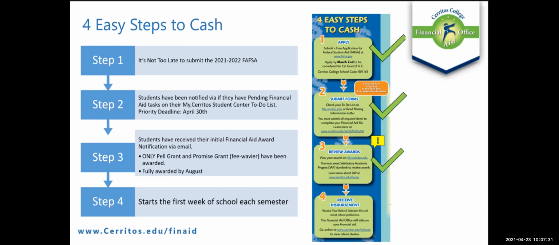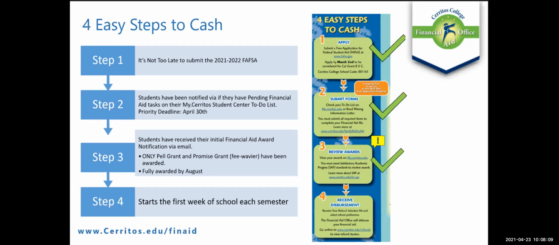So that means that students who are completing the DREAM Act, if you're undocumented, are no longer eligible to apply for the Cal Grant, but we still recommend that you submit that DREAM Act application just so that we have that on file for you. If you are eligible to complete the FAFSA, it is still open for you to complete. It's actually open throughout the academic year. So it's not too late to submit the 21 to 22 year application if you haven't done that yet. We do have Zoom sessions happening, and I'll be going over those resources a little bit later on.